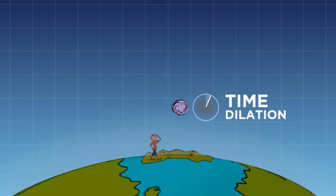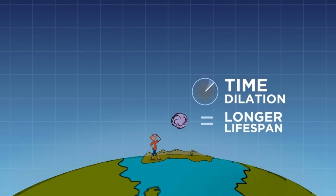Therefore, their lifetime is significantly extended, giving them plenty of time to reach Earth's surface. The second core idea from special relativity is length contraction, which we already met in the pole in the barn